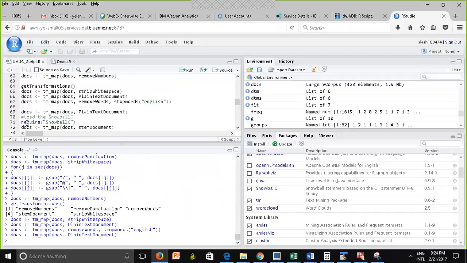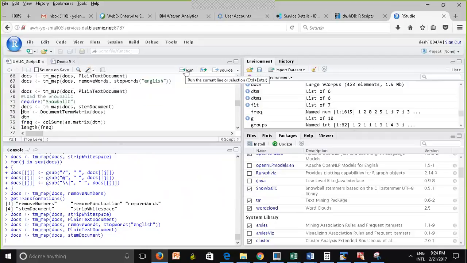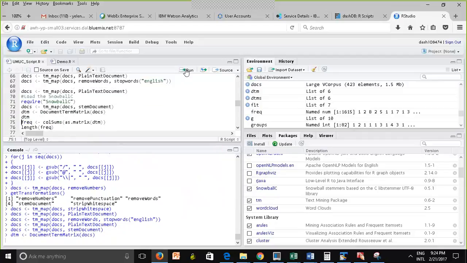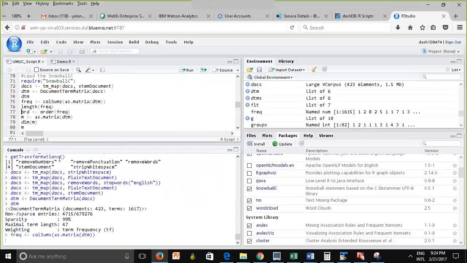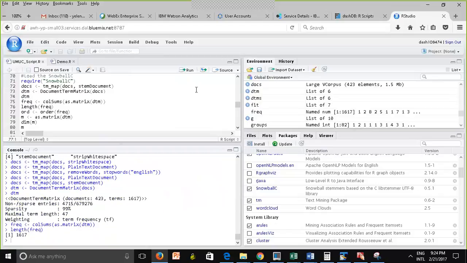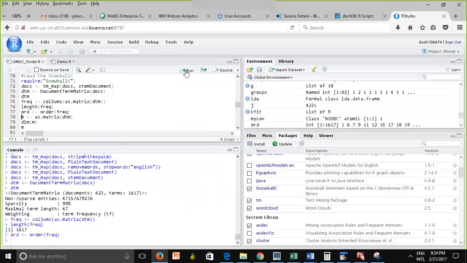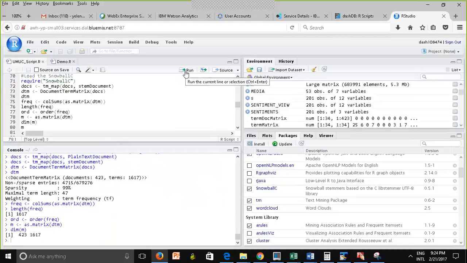Here the snowball, see, do you remember the stamen? Yep. So let's see, it's already loaded for me. I see why, because it saved the work that I did in the last session, so that's nice. So I can run this, and I can keep on running. Same interface, right? So I'm trying to get my frequency counts, and I'm trying to build my matrix.